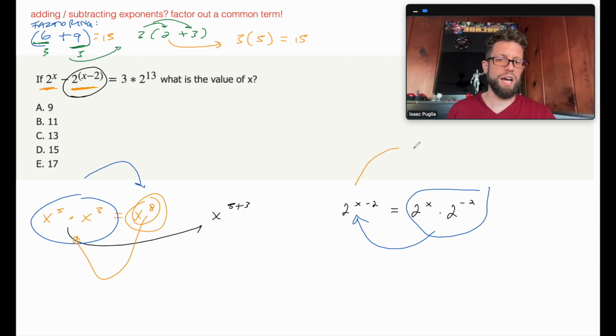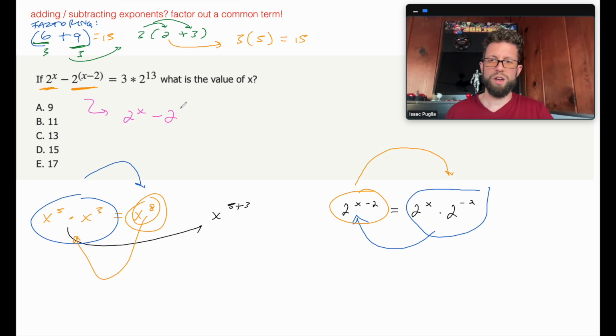And same thing here. A lot of people just don't think, oh, I'm going to undo this addition or subtraction in the exponent into multiplication. But it actually ends up being quite valuable here. And here's why. If I rewrite this as 2 to the x times 2 to the negative 2, it might make it a little bit easier to see that you've got 2 to the x power in both of these